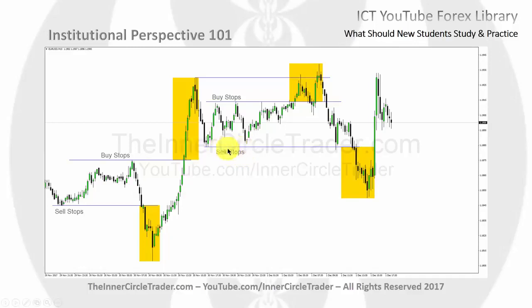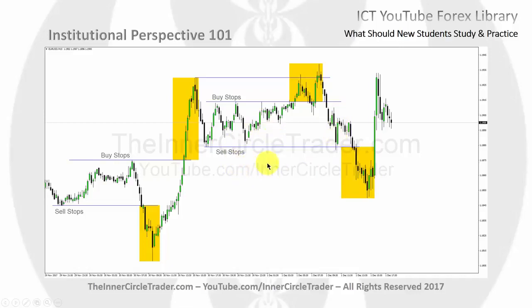So in this double bottom, folks see that as support. Price comes down, hits it here. Retail-minded traders are going to see this rally up as a buy. I do not want you to think that. I want you to think the opposite. I want you to think that this whole scenario is just the market getting ready to sink and go lower